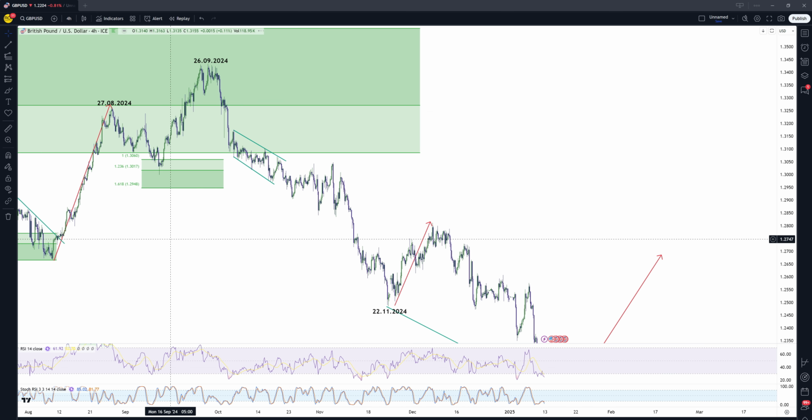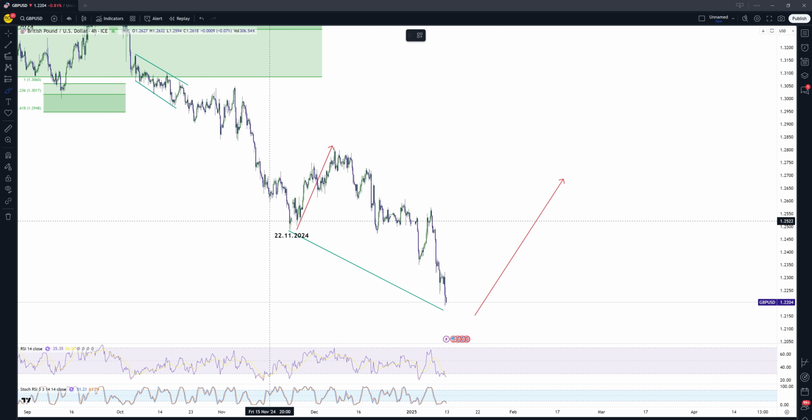Of course, the value area for sellers was at the end of September, right here between 133 and 134. Here we also have this bounce to the upside, exactly during this drop on Friday's London session on the 22nd of the month. There is also a post. If you scroll down through our page posts,